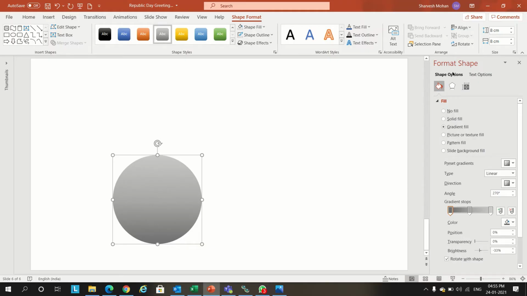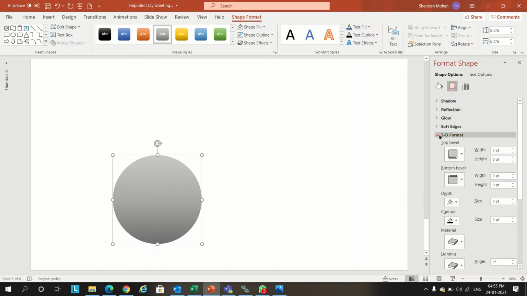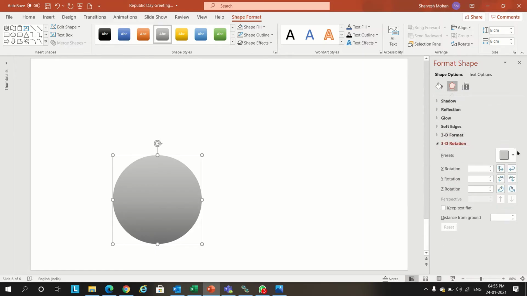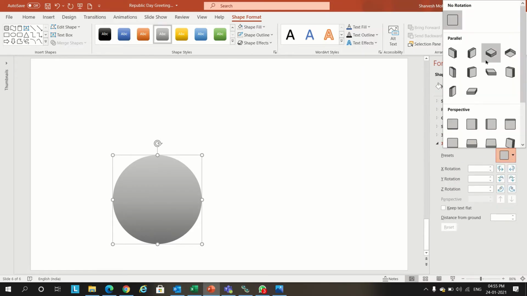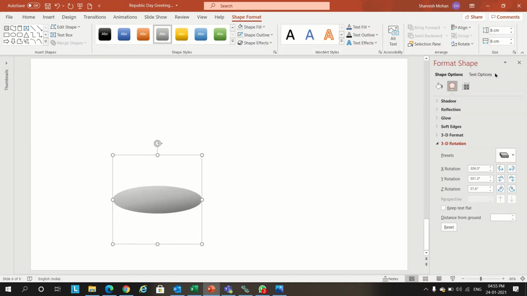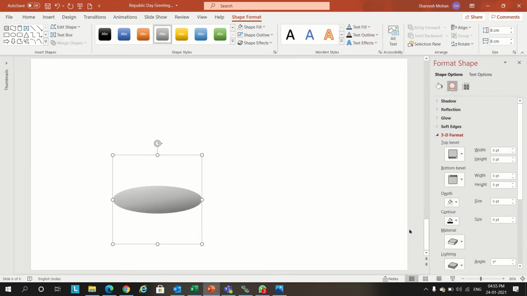Now we'll give a 3D effect for this. Let's go to Format Shape, select Effects, go to 3D Rotation. Under that, we'll select the option called Offset Axis 1 Top. So this will be like this. Then we'll go to 3D Format. Under Depth, we'll increase the depth to 20 points.